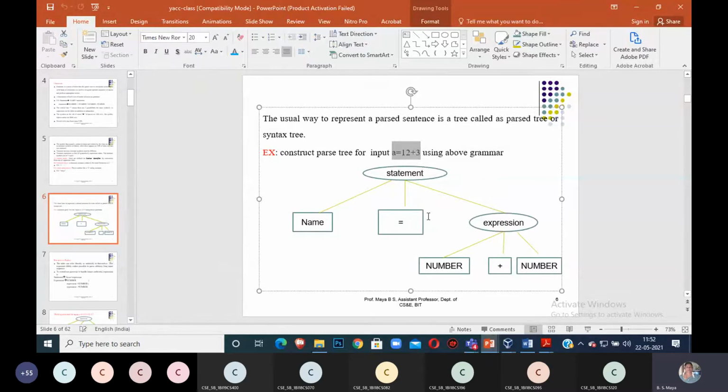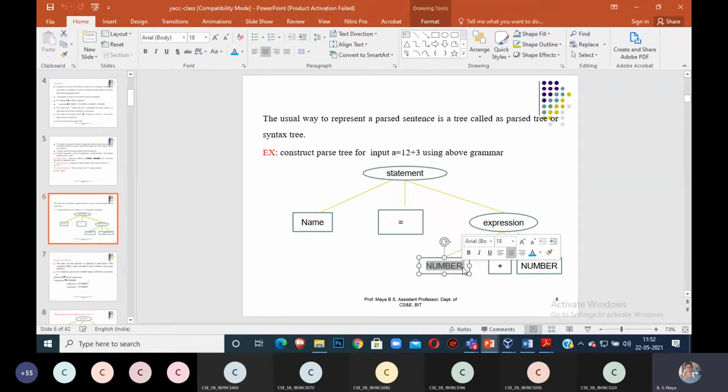Parse trees are constructed as an output of your syntax analyzer using what? Using grammar. See, now I have to say, by lexical analysis, what is number? What is the regular expression for the number? 0 to 9 plus. Is it right? Yes, number can be recognized by using a regular expression.